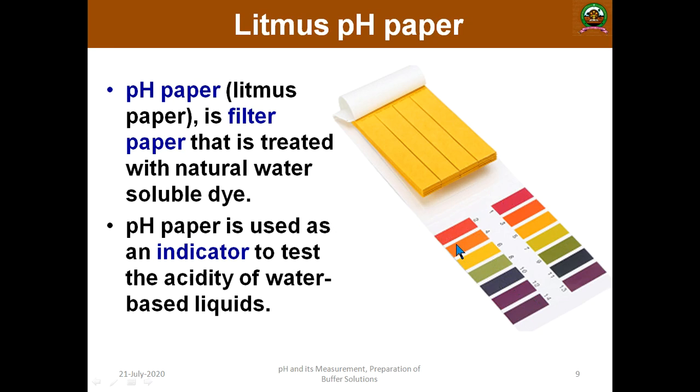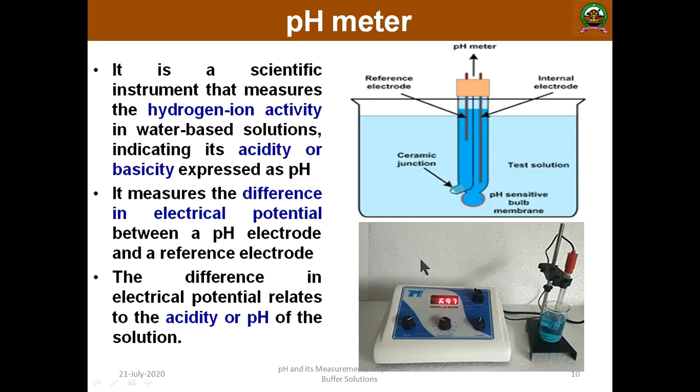If the color of the filter paper is exactly this particular color, then you can see the pH is very close to the acid level, and here it is clearly given what the value is. And if, once you dip the paper, the color is close to violet or Prussian blue or maroon, then it is more and more basic, and the pH is basic in nature. So this is known as the pH paper.